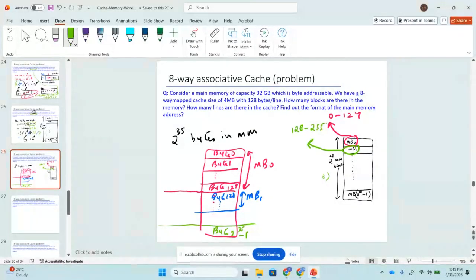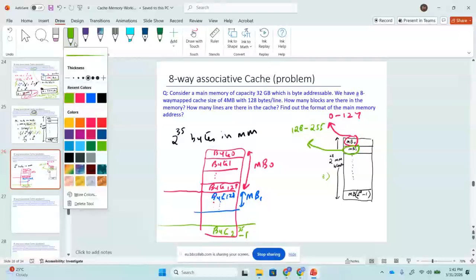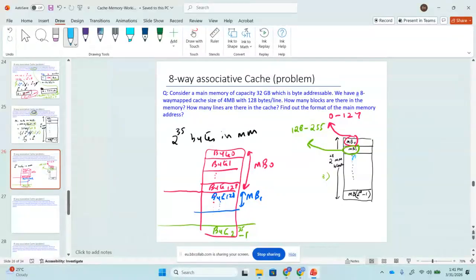Till 255. Let's assume we have another main memory block, block 2. So the main memory block 2 will start from where? 256 to 383, and so forth. And if you look at the last memory block,